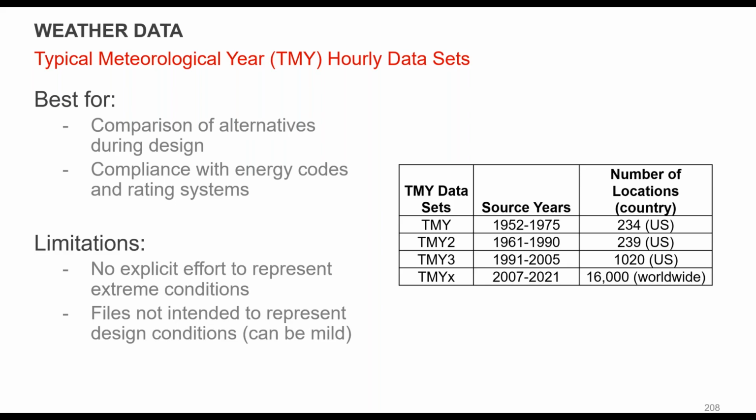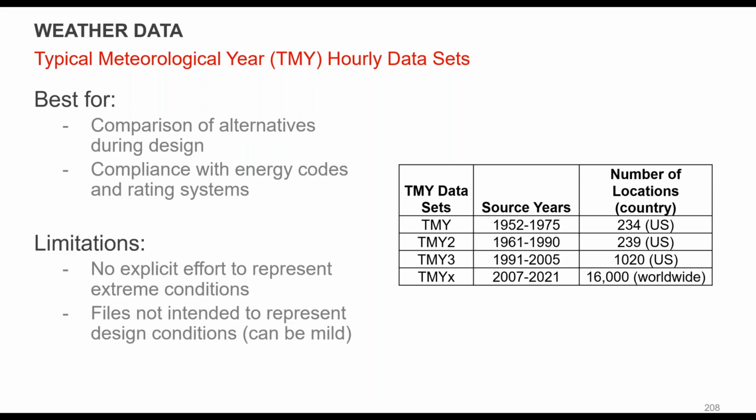Temperatures, I mean, globally, we're seeing temperatures in India right now that are over 50 C, over 122 degrees. And the Middle East has seen temperatures much higher than that as well. Those you probably won't see in most of these files. They're not intended to represent the design conditions, but sometimes I think as we get better data, they are representing that better. In the US, we have in the chart you see there TMY data, and so for many years,